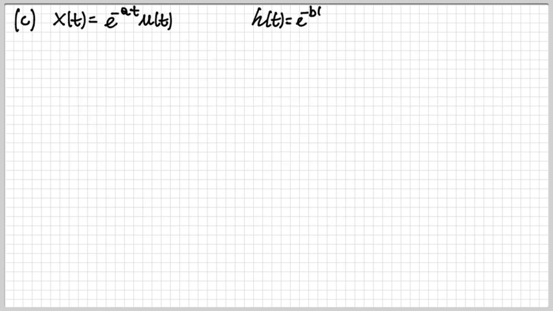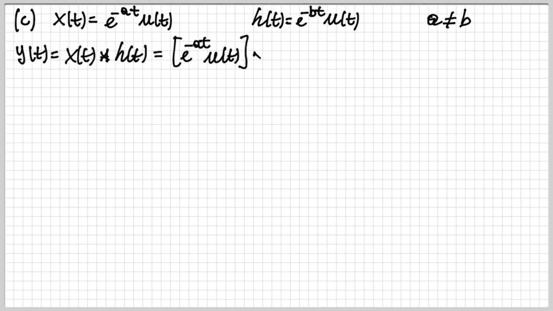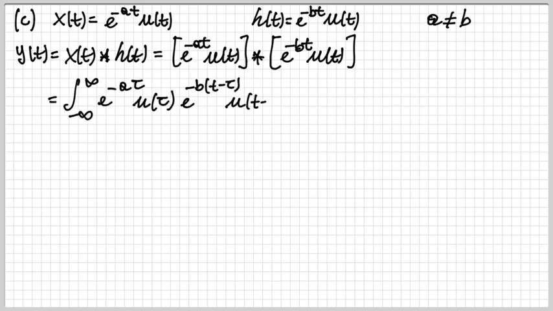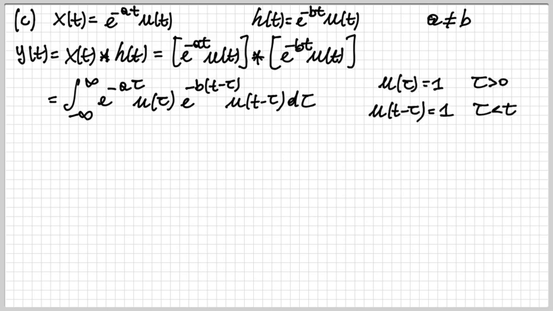In part C, again, both the impulse response and the input are right-sided exponentials, but they are different right-sided exponentials. So now a is different than b. See, x of t is e to minus at times u of t, and h of t is e to minus bt u of t. Right, so let's work out the output of the system, again, by calculating the convolution. I write the convolution integral. And as usual, I notice when the step functions are non-zero, and I adjust correspondingly the integral. And now this is the integral I come up with.